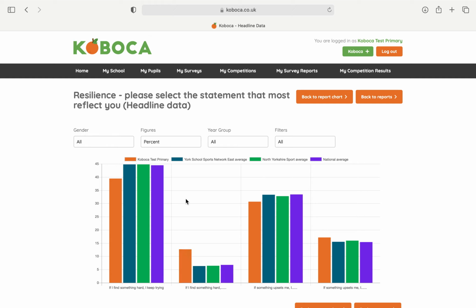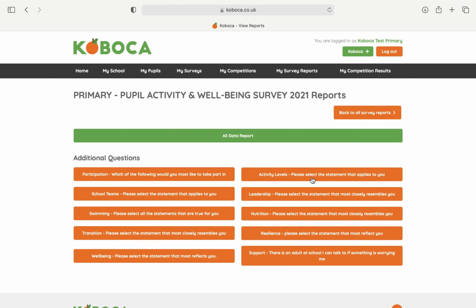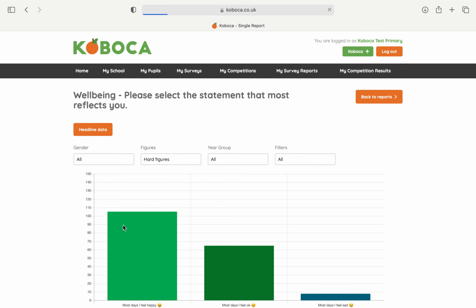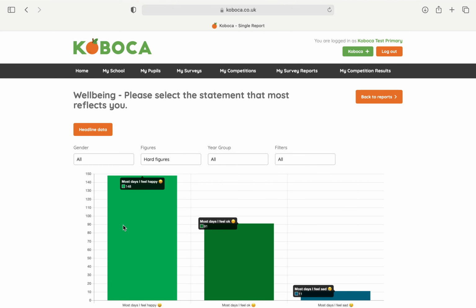So you can compare across different schools, different partnerships, and where you are within the county and nationally to see how you're faring against other schools like for like in your area. There's a wellbeing report that states the pupils who say that they feel happy on most days, or they feel okay, or most days they feel sad. So again, another target group for a school here who can work with those pupils who say they feel sad